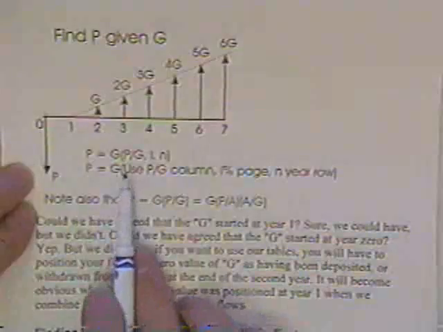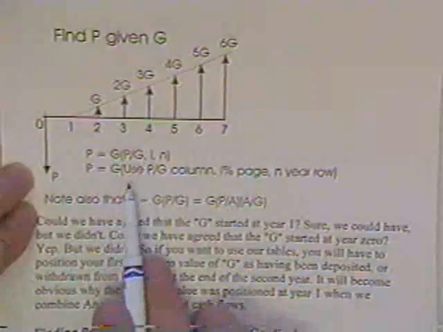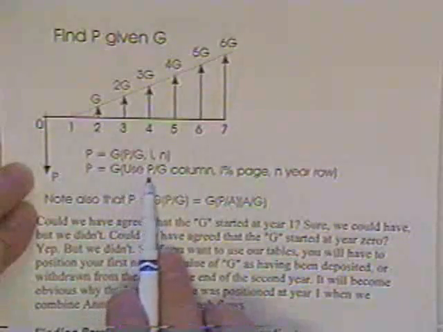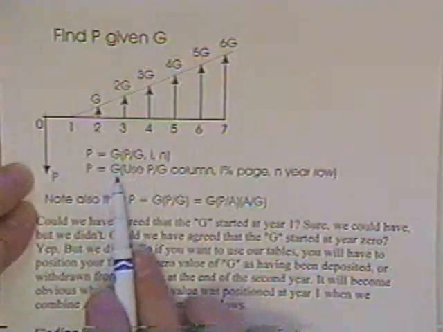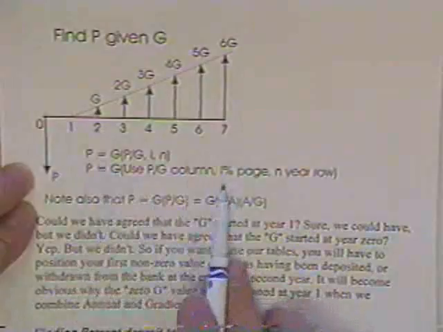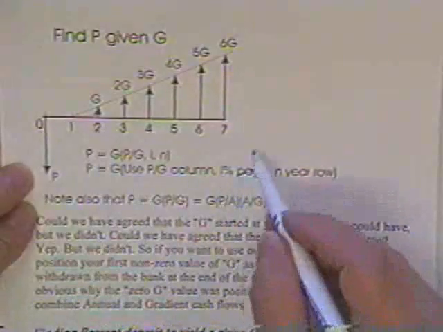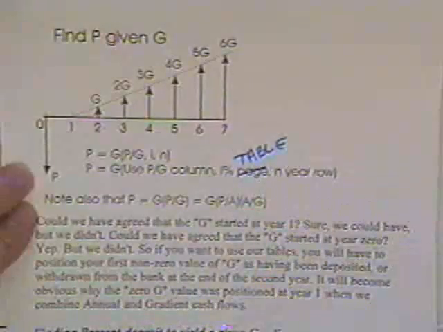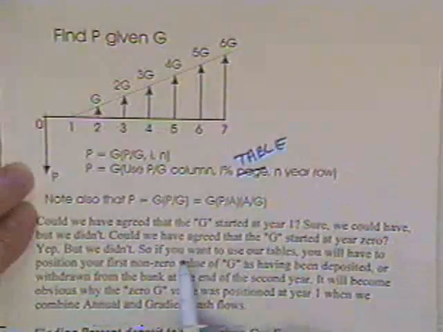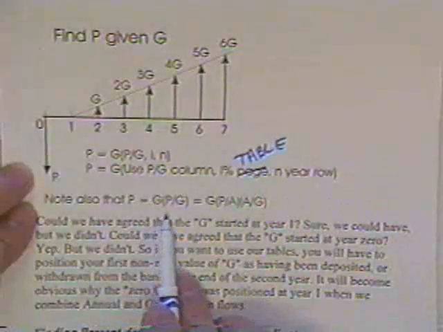Note also that you don't have to use these equations. You can use the P over G column if you're given the gradient to get P in a high percent table in year row. Now then, also I believe that